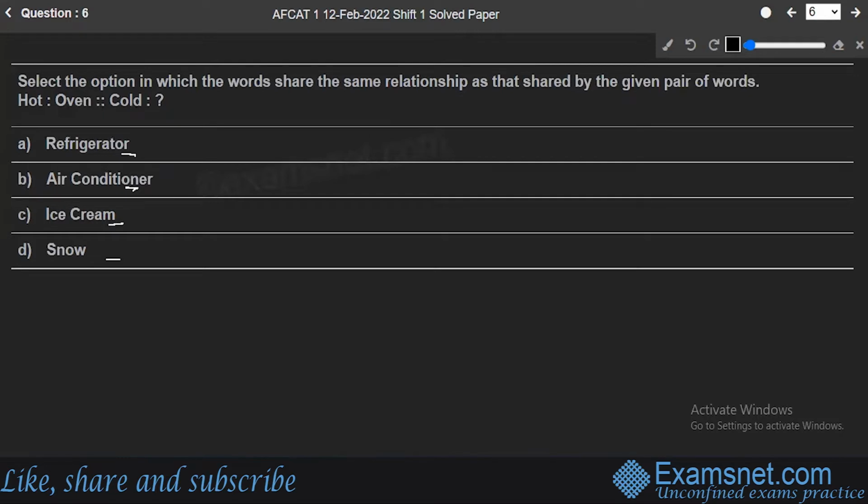See, hot, oven, and oven is an appliance by which we can keep the food items hot. It is used in kitchens, right? Hot, oven. So, hot is basically being used in the kitchen. You use an oven to keep things warm, to keep things hot, right? Similarly, in the kitchen, what equipment or appliance is being used